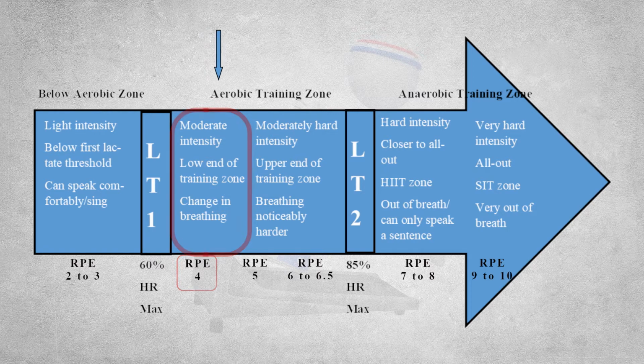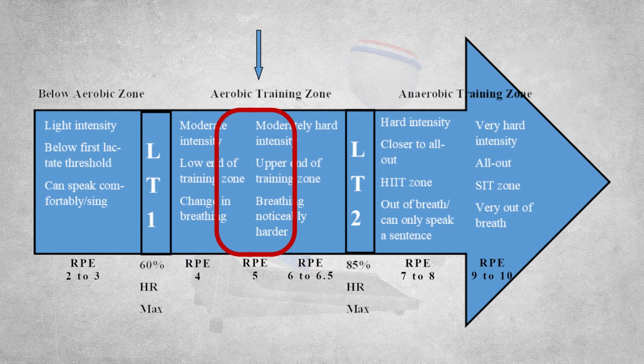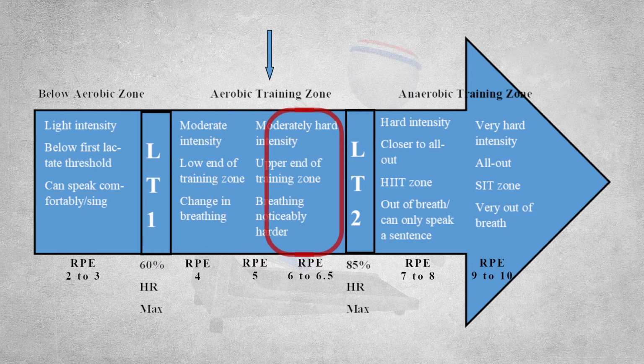The middle of the aerobic training zone, in between the first and second ventilatory thresholds, where breathing starts to become both faster and deeper, corresponds with about a 5 on a 1 to 10 effort or rate of perceived fatigue scale, and can be sustained by most able-bodied people for about 30 to 60 minutes, or the upper